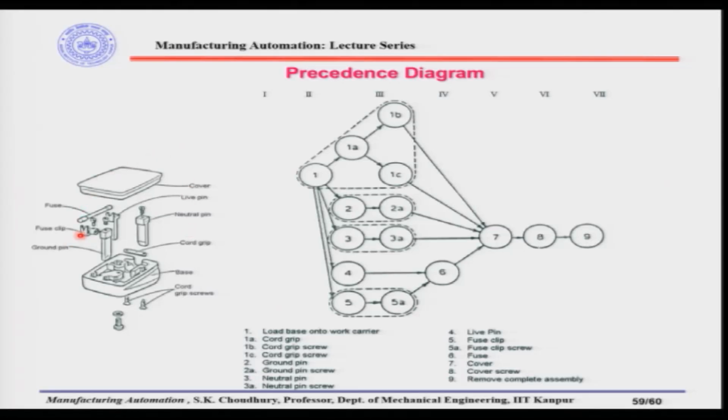Well, next let us see what a precedence diagram is and in what way it helps us in automatic assembly. Take an example of this plug assembly that we have seen earlier. Here what we said is two things. One is that it has to be assembled on a base plate, this is the base, and all the other parts should be coming in a sandwich or layer manner, preferably from the top, and in one direction. It should not come from different directions.